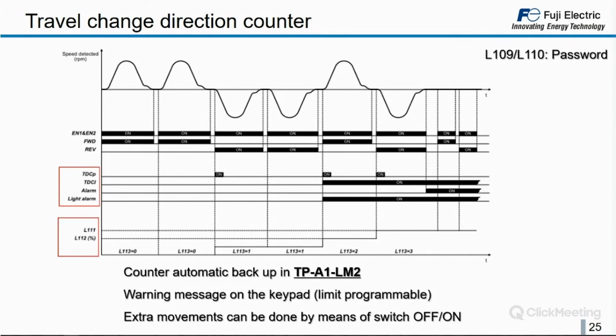In this case, what do we have to do? We would have to change the belt or coated rope, but thanks to the keypad that is counting as well, we are keeping a double count. This is not a problem. If the inverter is broken, no problem. We put in a new inverter, and from the keypad we download the parameters. So the lift can continue as it was before.